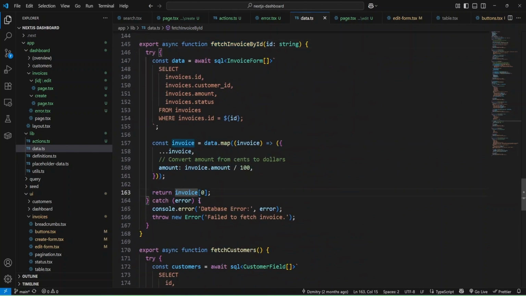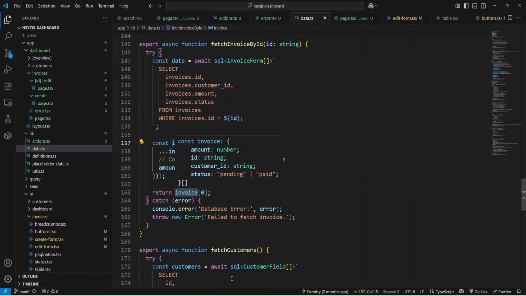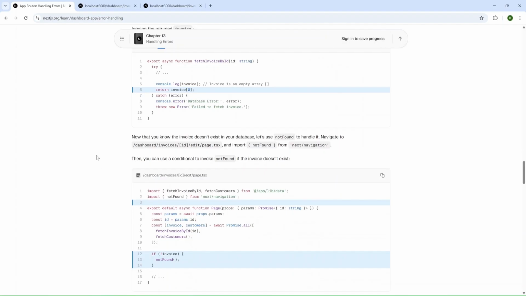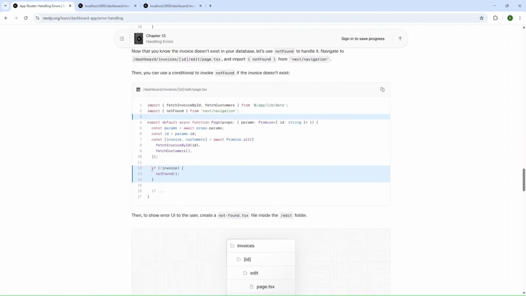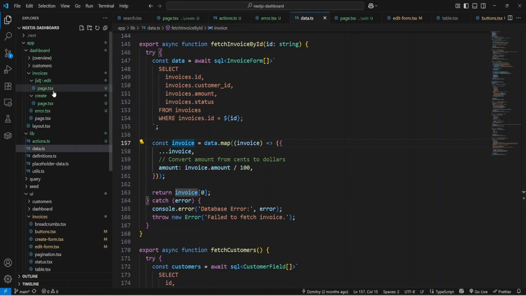We have invoice 0. Invoice is an array, and we are returning the first item element of the array. Okay, and now let's check if we don't have invoice. We are going to add not found, and that would be inside our edit page.